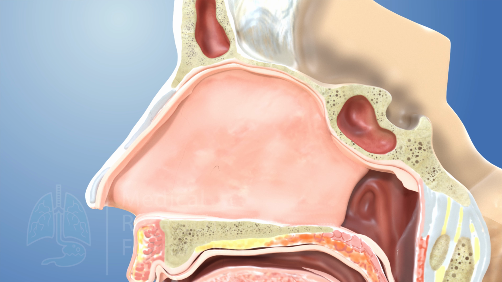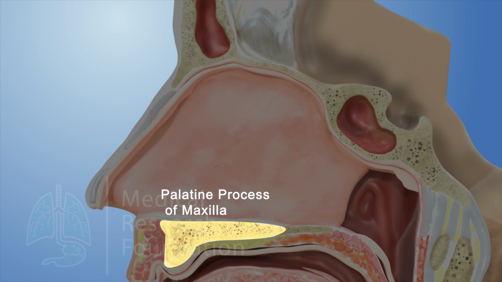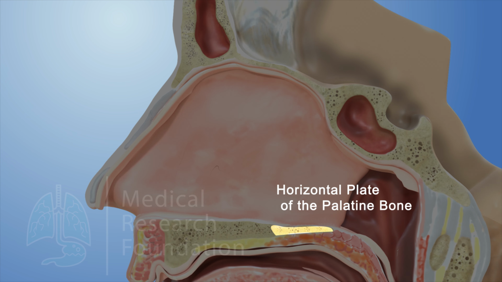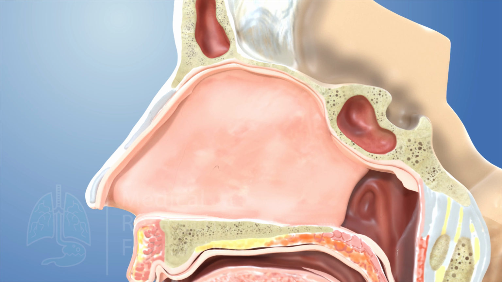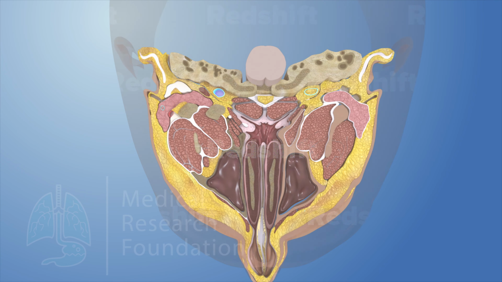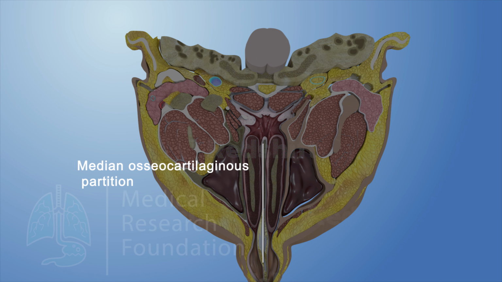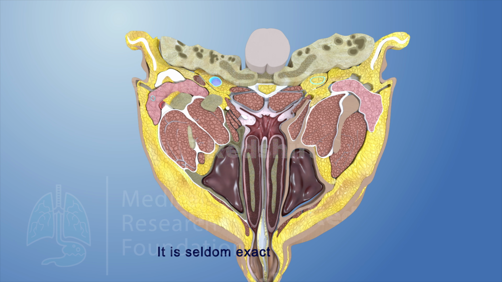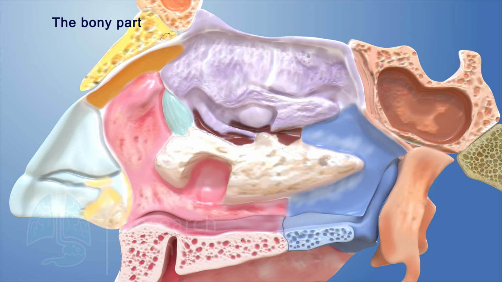Anterior 3/4 is formed by the palatine process of the maxilla, and posterior 1/4 is formed by the horizontal plate of the palatine bone. Medial wall. It is formed by the nasal septum. The nasal septum is a median osseo-cartilaginous partition between the two nasal cavities. It is seldom exactly in the median plane, but bulges to one or the other side, more frequently to the right. The bony part is formed by